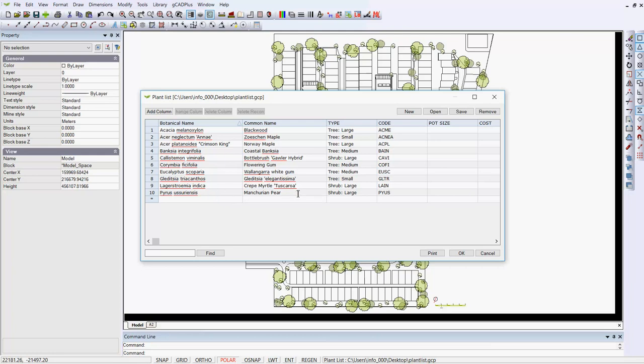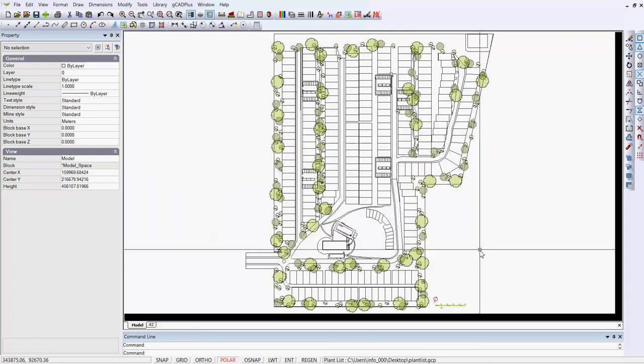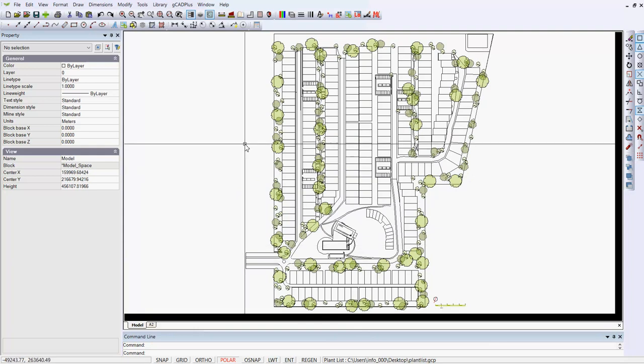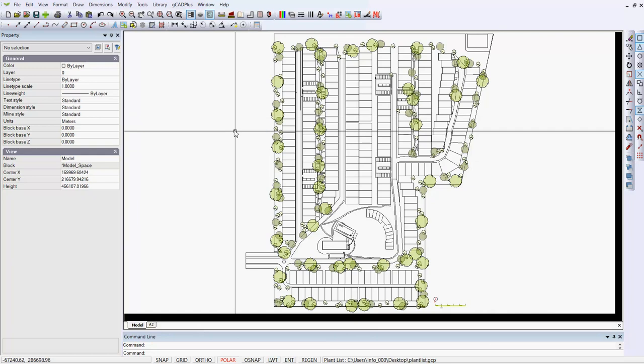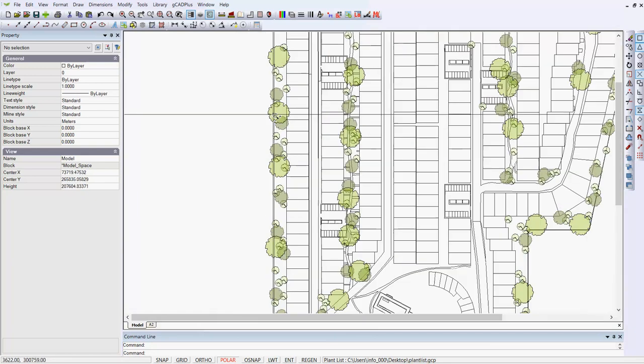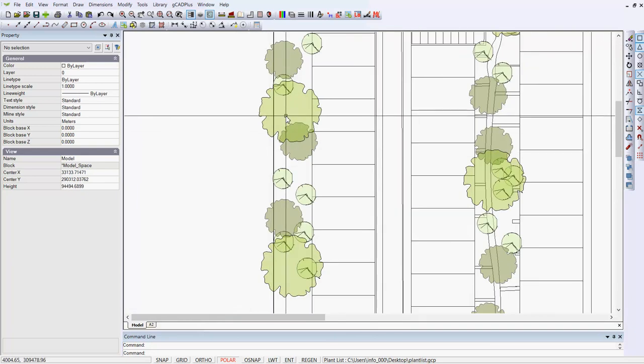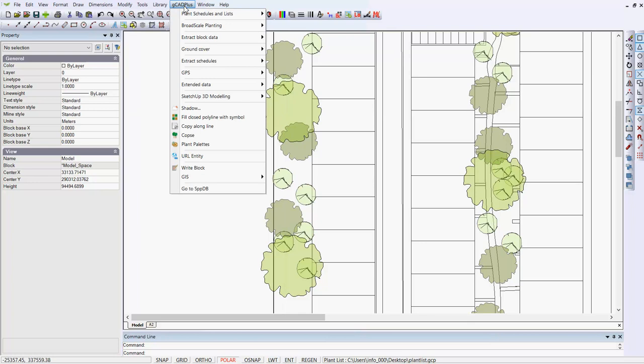It's just plucked out of the 250 odd references that are in the plant database SppDb and given me a little list here, because all I want in this environment are just 2 or 3 species that will work as open space planting. If I then zoom in a little on a clump, if I click here, after using gCADPlus